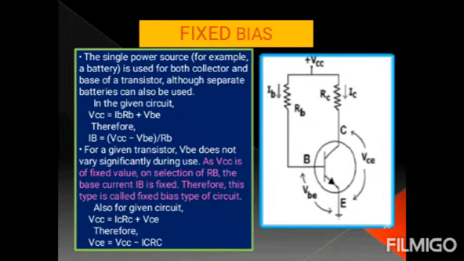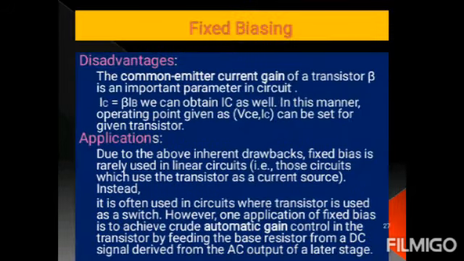Next, we are going to discuss fixed bias. This is a basic biasing technique. Already we have started with the three biasing techniques. Now we are going to discuss the fixed bias. In this fixed bias, we are fixing the operating point by inserting a resistor in the base. Okay. So when you are inserting the resistor in the base, the circuit will be like this one, and when you are applying KVL to the circuit, you are getting that VCC equal to ICRC plus VCE. From that one, we can obtain VCE equal to VCC minus ICRC. Okay, this gives the basic equation.